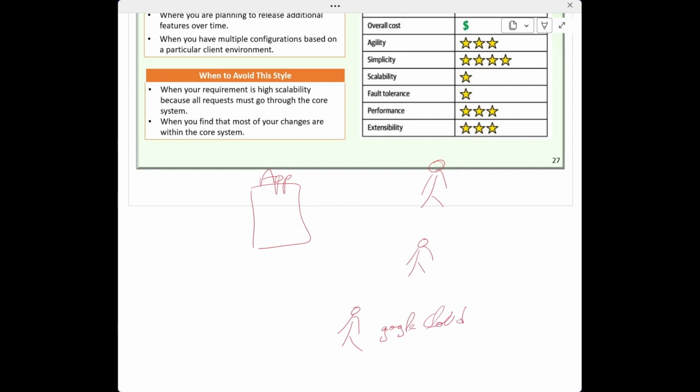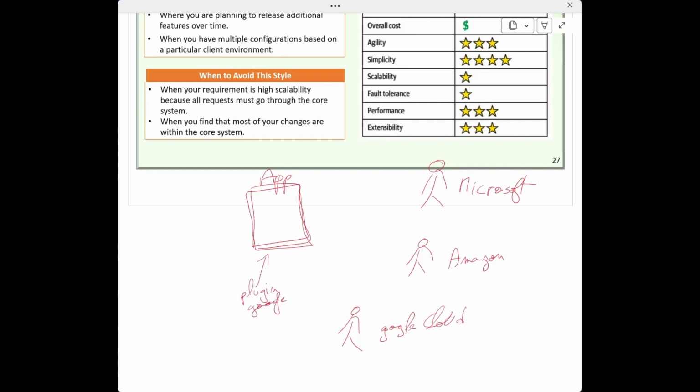This user uses Amazon. This user uses another cloud, for example, Microsoft Cloud. And this app wants to work on any kind of cloud. So what can we do? We add plugins, extensions, plugin